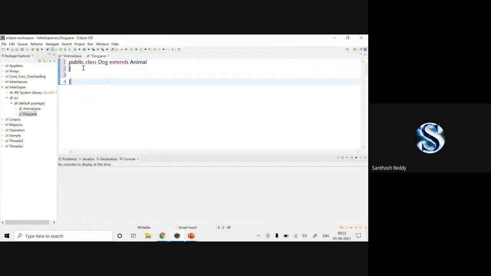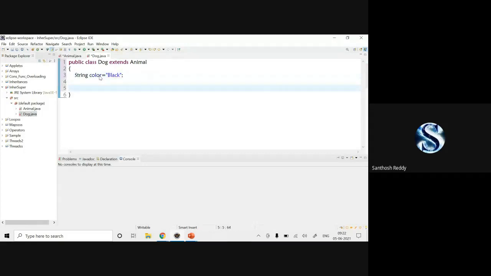I'll create public class Dog extends Animal. Now here I'm going to create another color: String color is equal to black, and I'll give a semicolon.